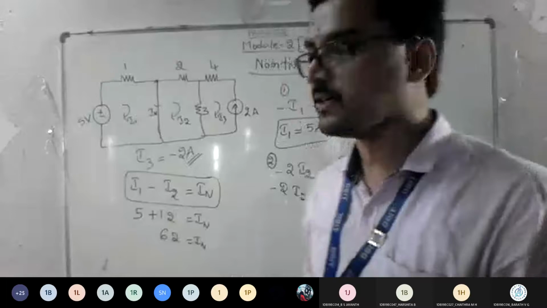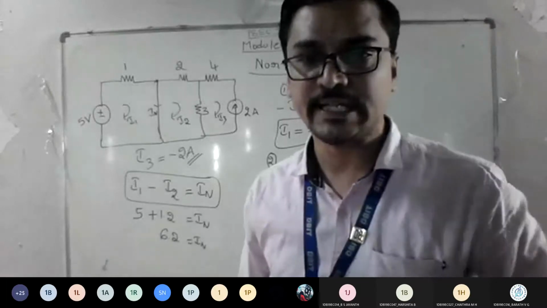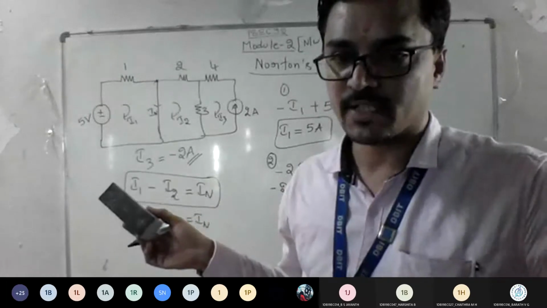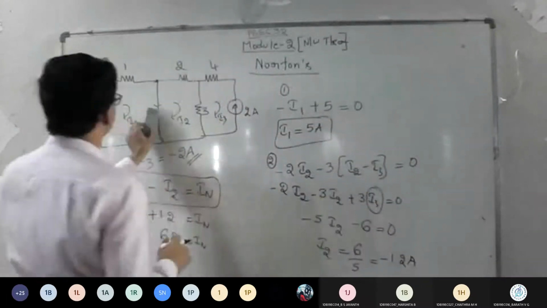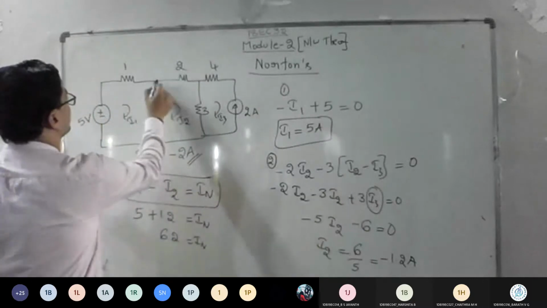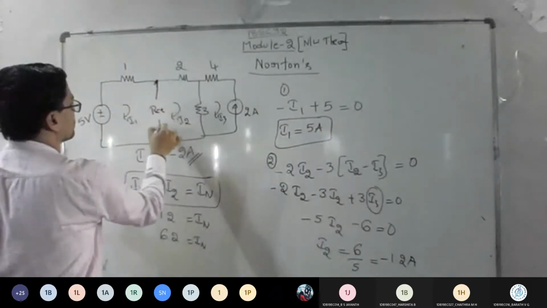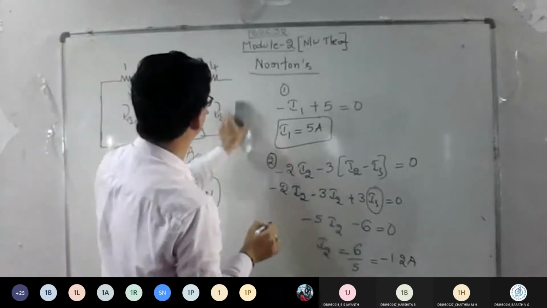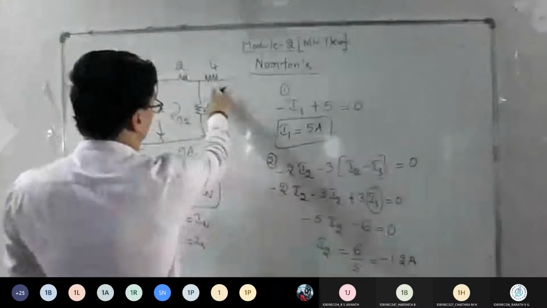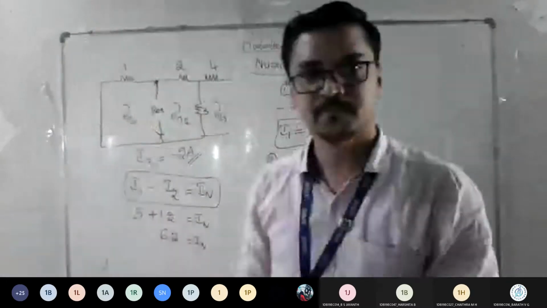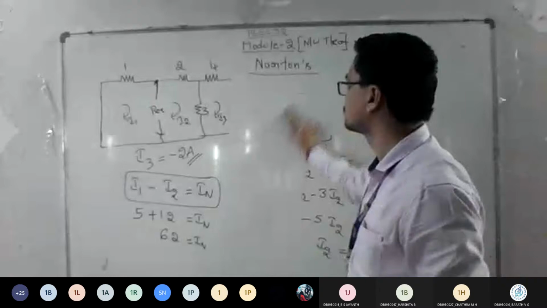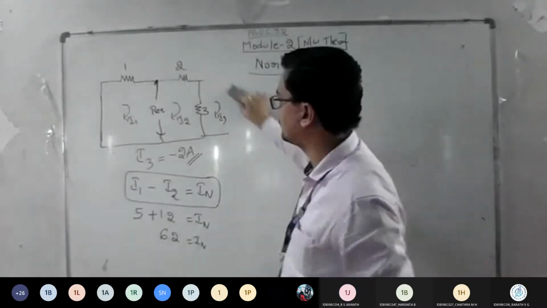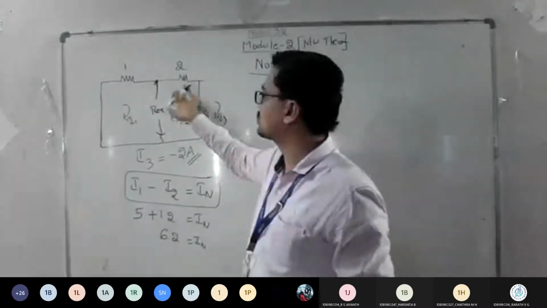Fine. So we got the Norton current. What is next here? We need to find the equivalent resistor. So what is the procedure? Wherever a voltage source is there, you're supposed to short circuit it. So this becomes short circuit and this becomes an open path. If this becomes an open path, do you think that 4 ohm is in the picture? No, sir. So the current across 4 ohm is also 0. I can eliminate that.